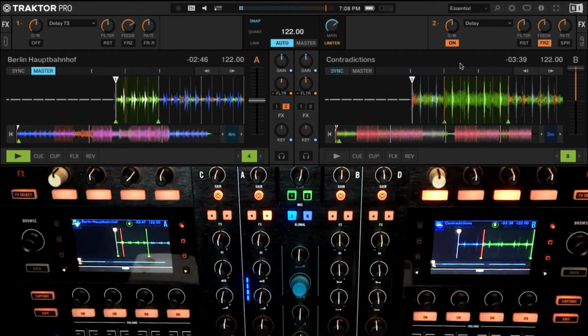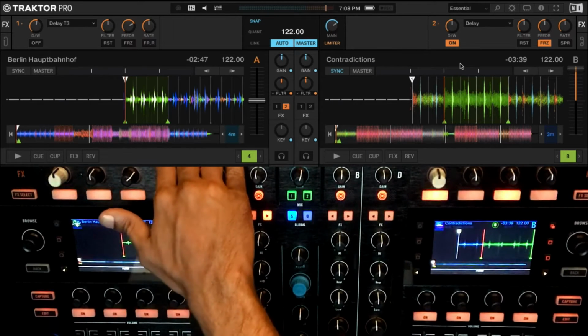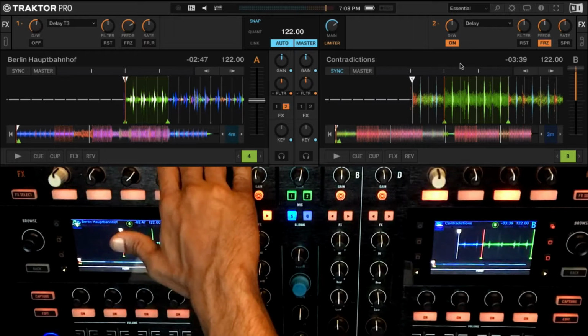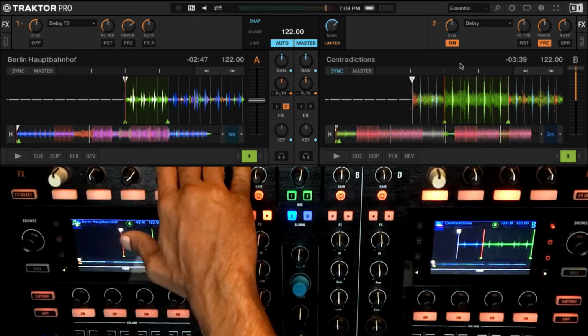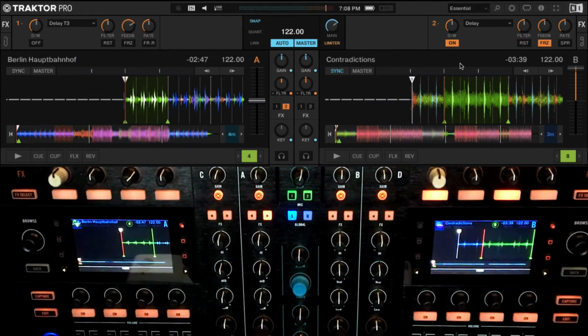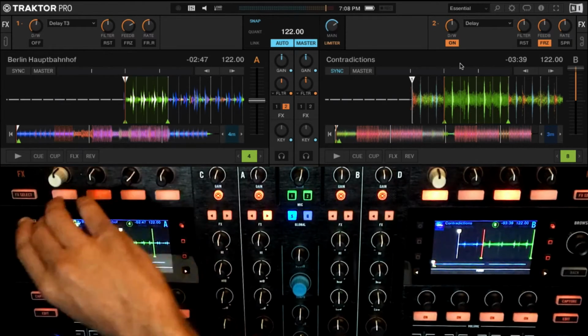I mean, still audibly there, but not as strong as the feedback that we had on the delay T3. So this is where you basically make a choice on what effect is comfortable for you in Traktor. It's not really about, this sounds better, that sounds better. If you're looking for a more infinite sort of freeze, then one would use the delay T3. But if you're looking for a lighter version, then you would use the regular delay, right?